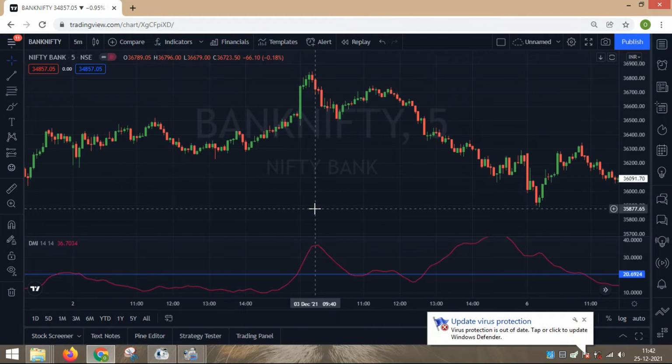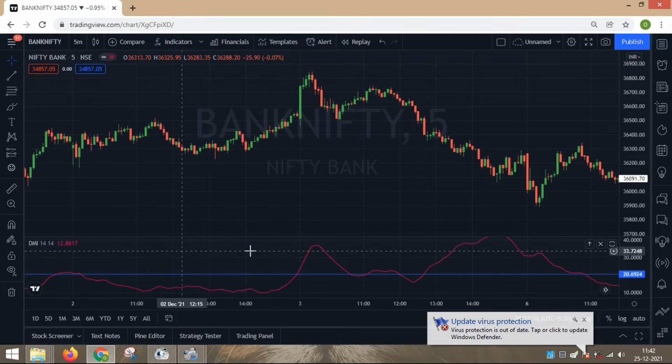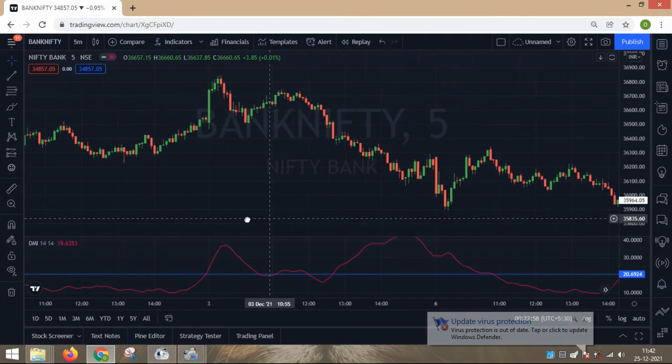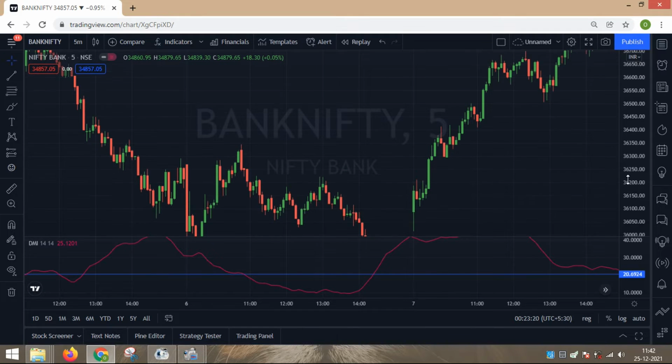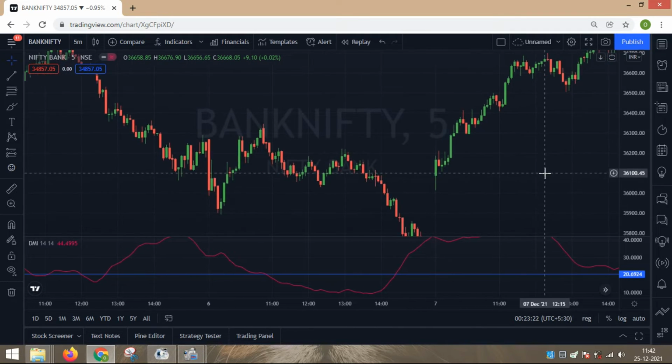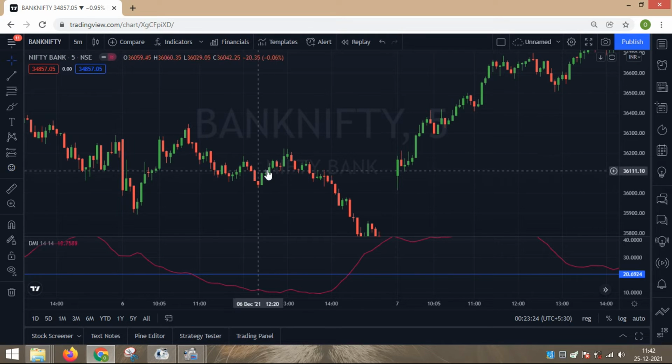Usually we don't have many indicators for the momentum of the Nifty and Bank Nifty, but here you can use this indicator, and this is also one of my favorites. Most of the time this DMI saves me from getting into the wrong trade, or from getting into fake breakout patterns.